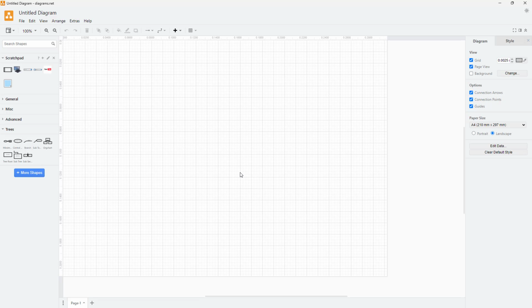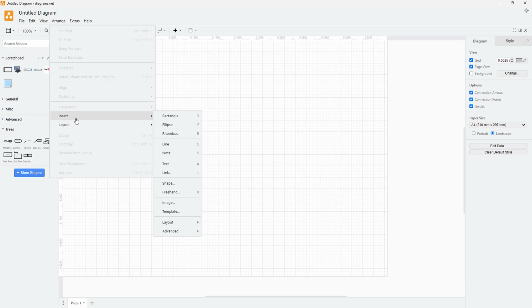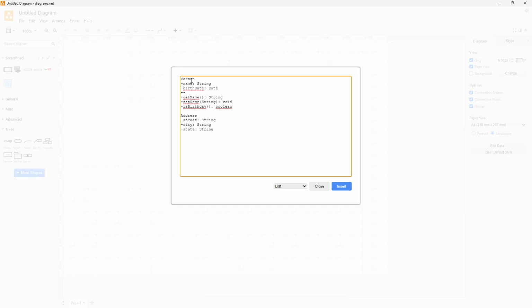You can also insert diagrams inside of diagrams.net on the basis of text that you enter. To do that, you need to go over here onto the Arrange menu, and then under Insert right here, under the Advanced section, you can see that From Text is an option. If you were to select it, then you can see that